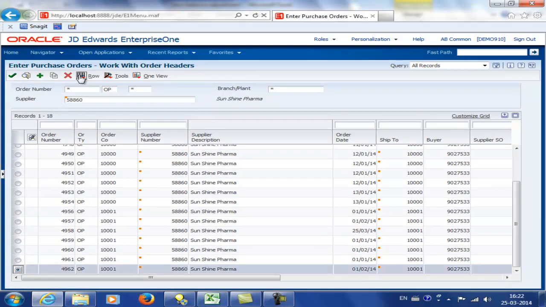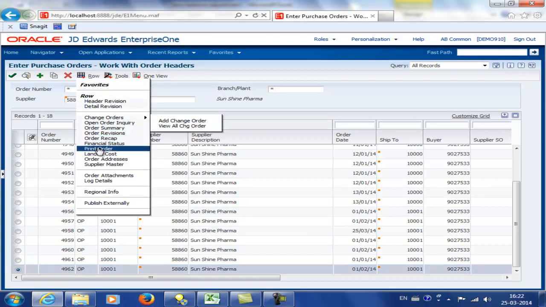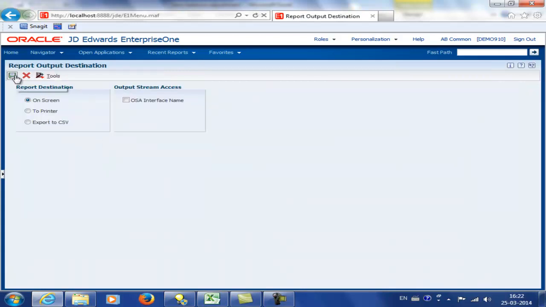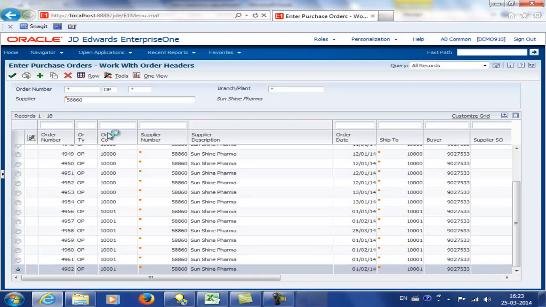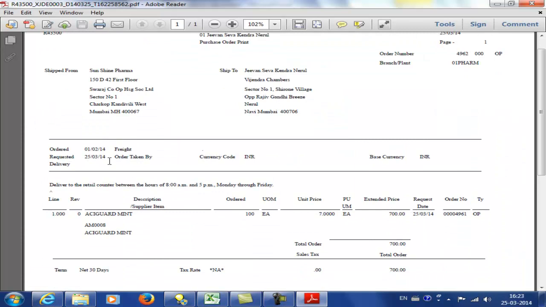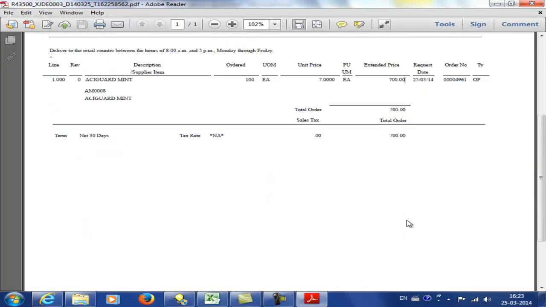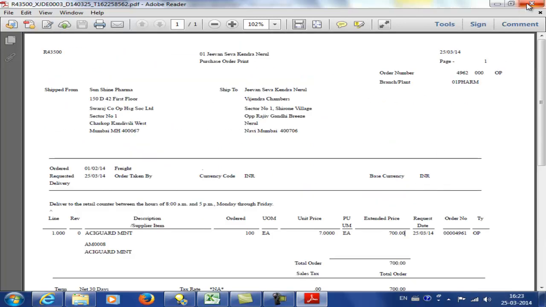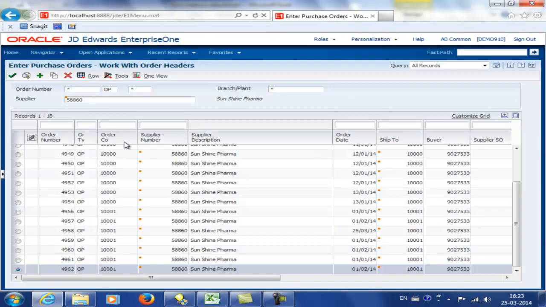Let's go and print the second PO. So the PO is getting printed. Now if you see, the unit price is 7 and the extended price is 700. It's raised on 1st of Feb 2014. So now, having created and printed this, we are now ready to receive against these POs. So let's use the application